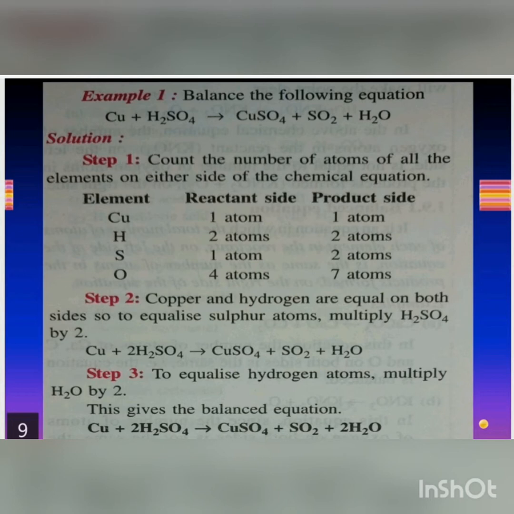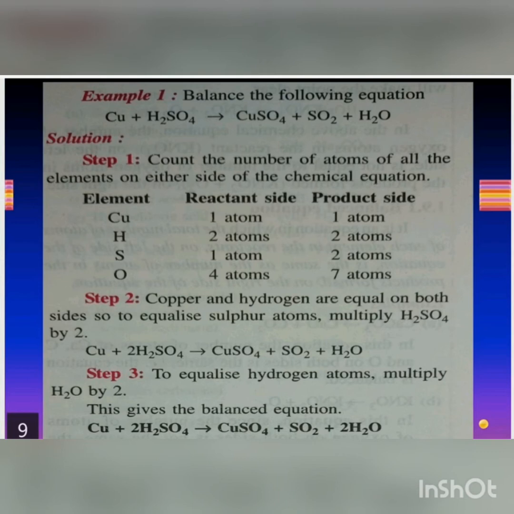So if you go to see sulfur, on the reactant side we have 1, whereas it is 2 on the other side. So to balance it out, we will need to put a coefficient on the left hand side. So which compound contains sulfur here? It's sulfuric acid, H2SO4. So in front of H2SO4, we put the number 2 as a coefficient. So that's the first step. The first step is you are going to put the coefficient 2 for sulfuric acid, H2SO4.